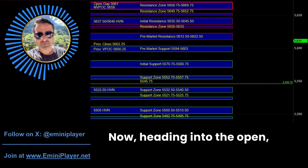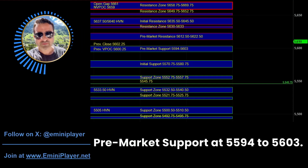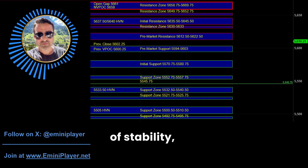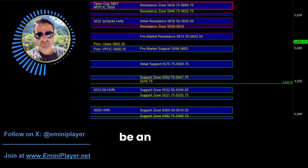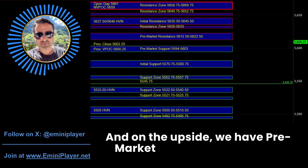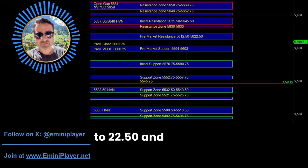Now heading into the open, we have pre-market support at 55.94 to 56.03. Holding above that area would be a sign of stability, while a breakdown below it would be an early sign of intraday weakness. And on the upside, we have pre-market resistance at 56.12.5 to 22.5,